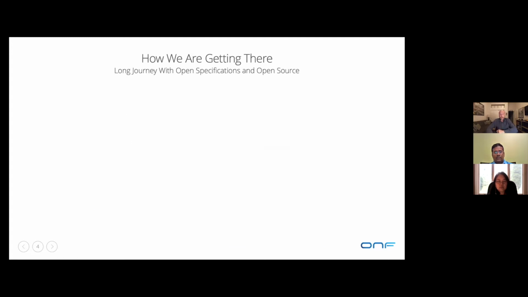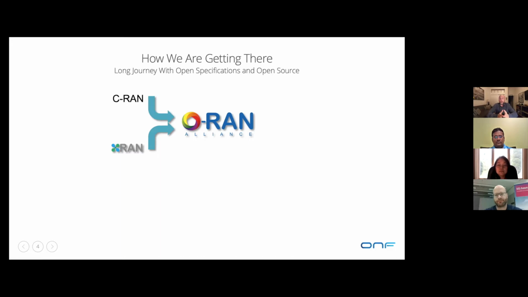If we are discussing Open RAN today, it is thanks to the operator's initiative in forming the O-RAN Alliance. O-RAN was formed by joining the forces of C-RAN Alliance and XRAN with the mission to develop specifications for open interfaces. We also have a number of parallel and overlapping communities